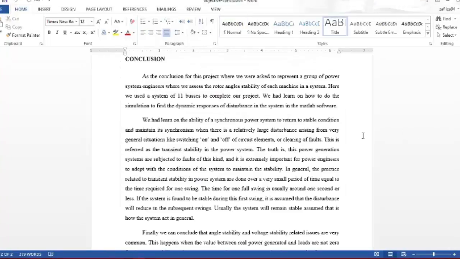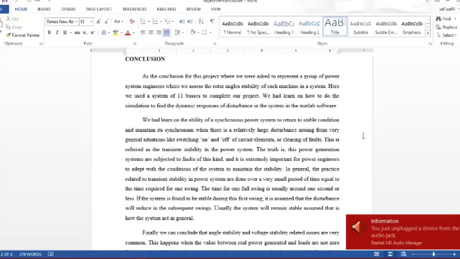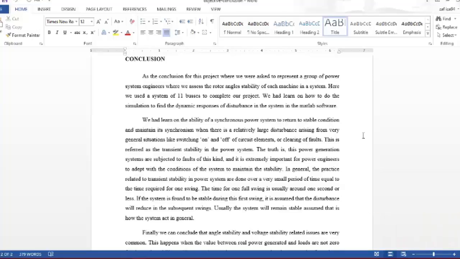As the conclusion for this project, we were asked to represent a group of power system engineers studying the rotor angle stability of each machine in a system. Here, we use a system of 11 buses to complete our project. We learned how to do the simulation to find the dynamic response of disturbance in the system in MATLAB software. We learned about the ability of a synchronous power system to return to a stable condition and